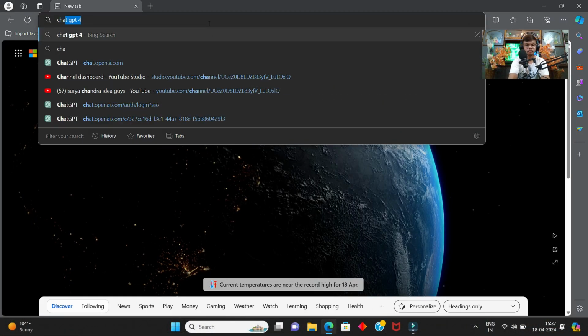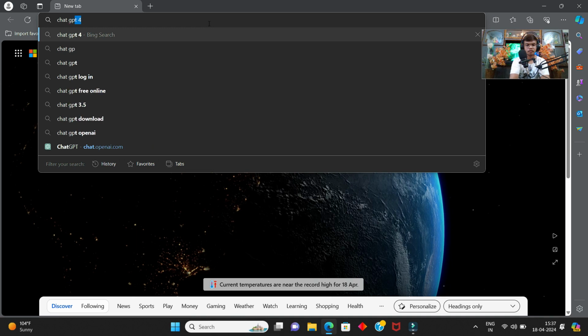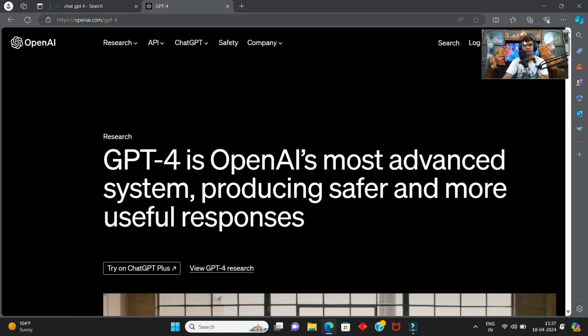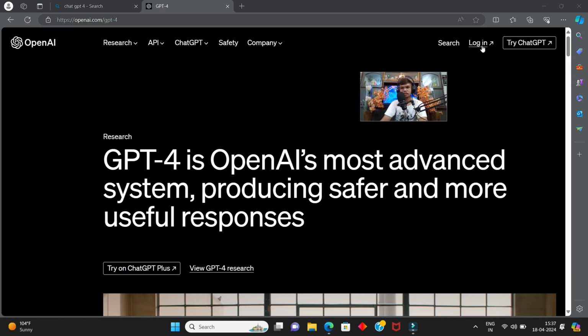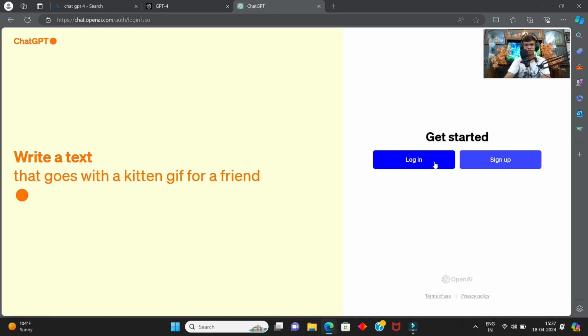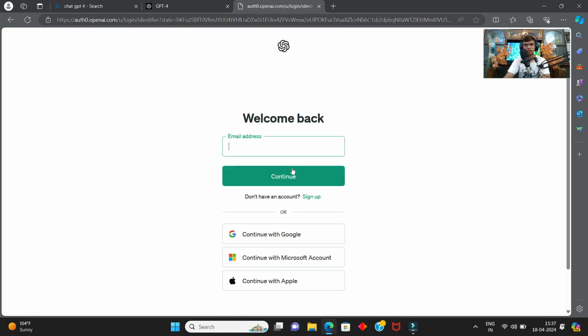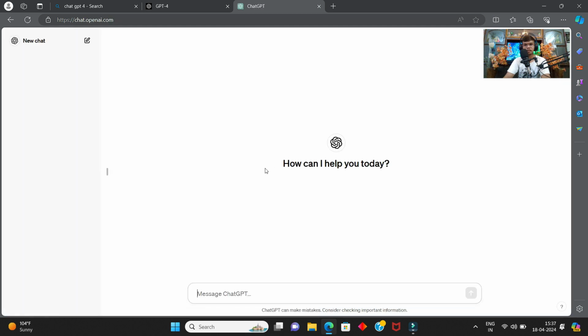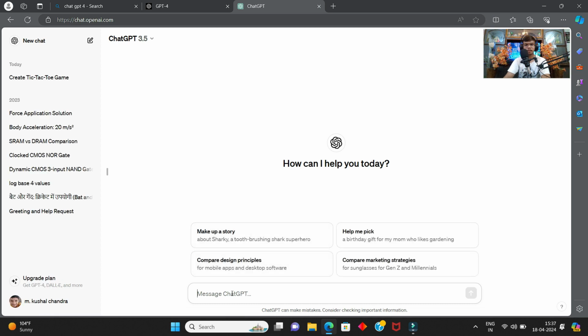You have to open the browser on your laptop and search for ChatGPT. Open ChatGPT and go for login, or you can try the free version also, guys. Login with your Google account. It's logging in,